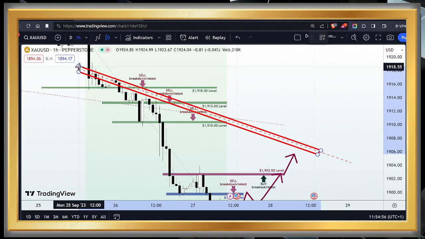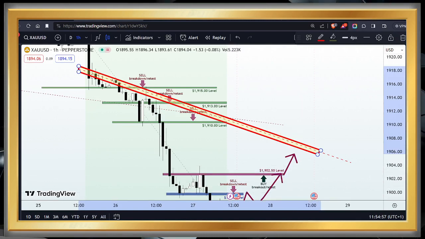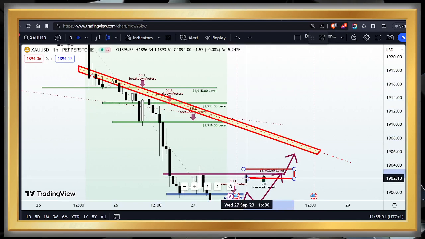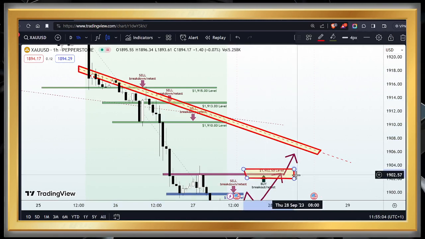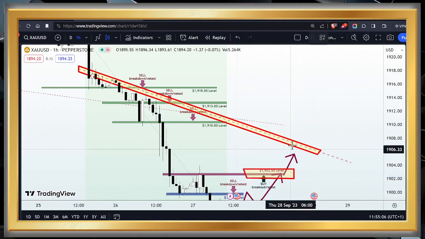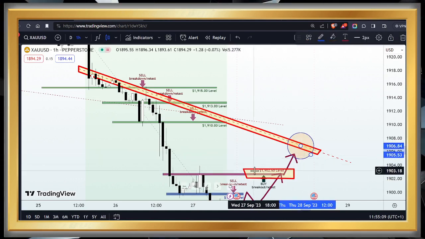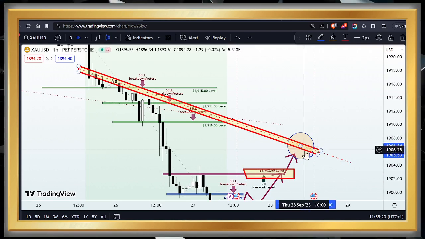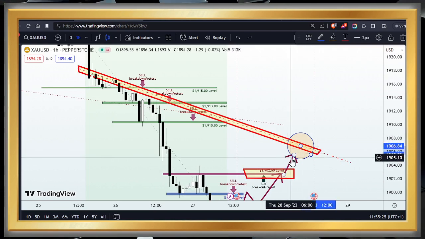If we buy above the $1,902.50 level and price continues to climb higher, I'm suggesting that as soon as price tests this descending trend line, we move all our stop losses and secure that position, and then wait to see how the market participants react to that price zone around the trend line, which falls around the 1906, 1905